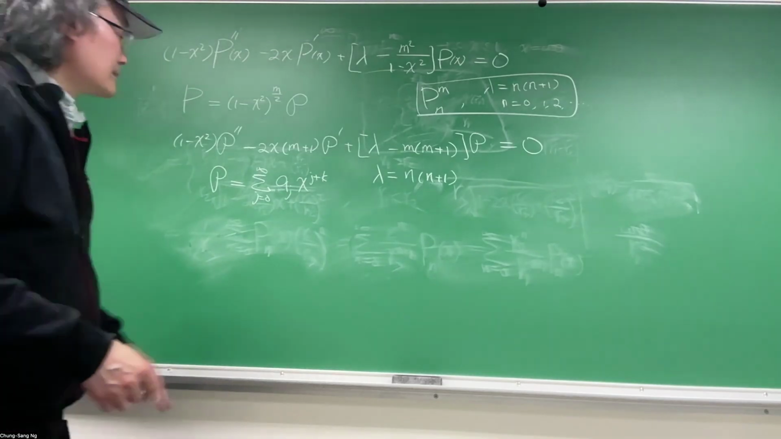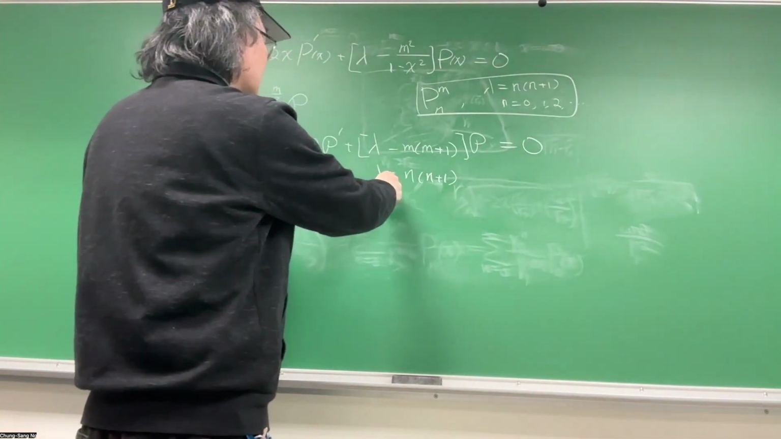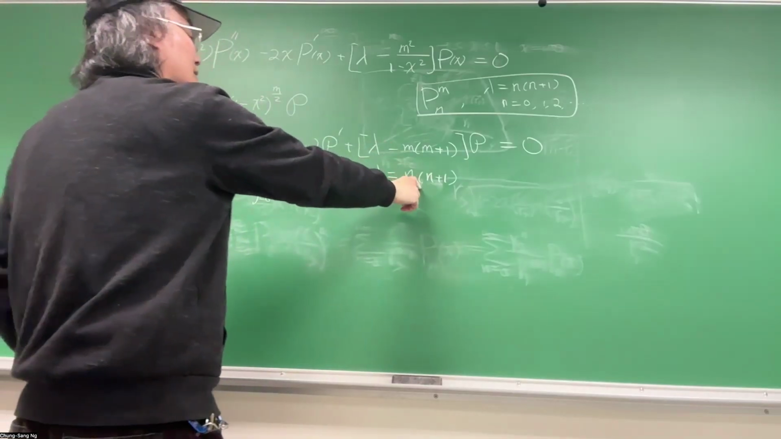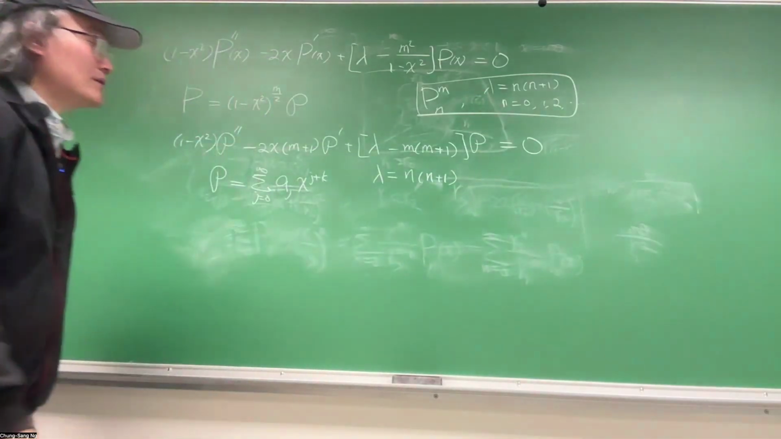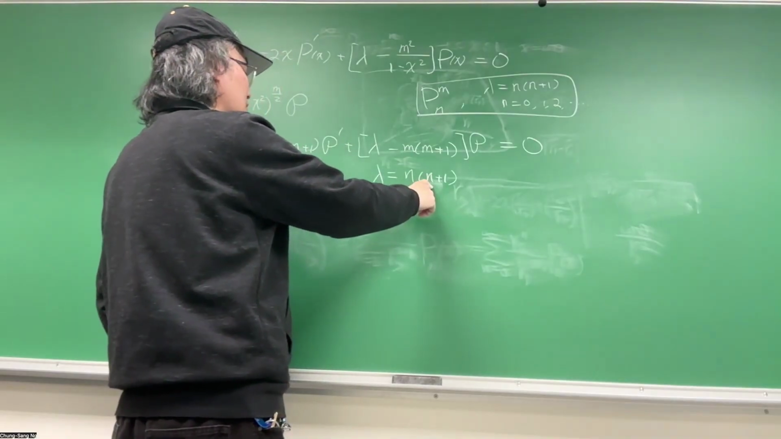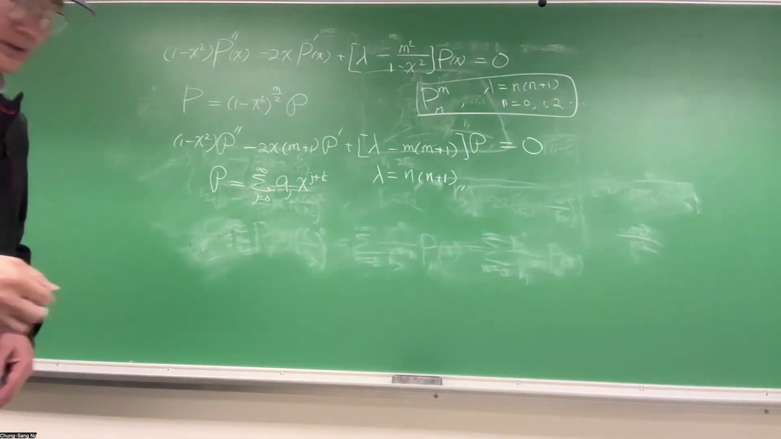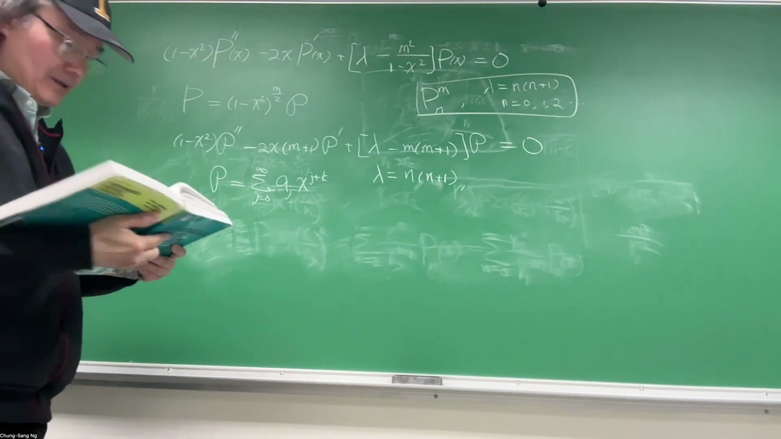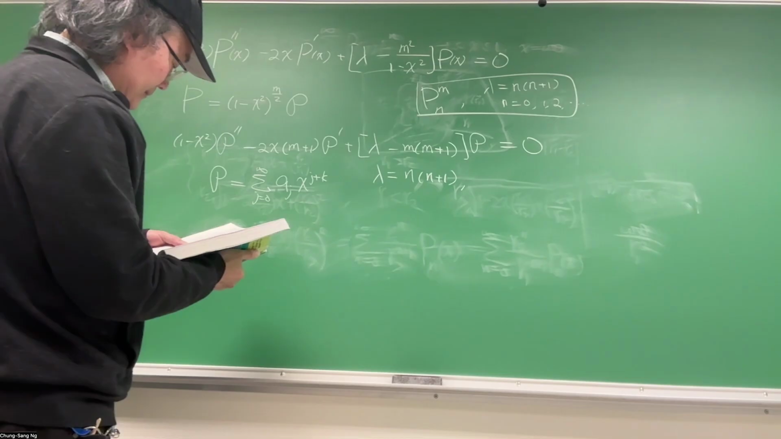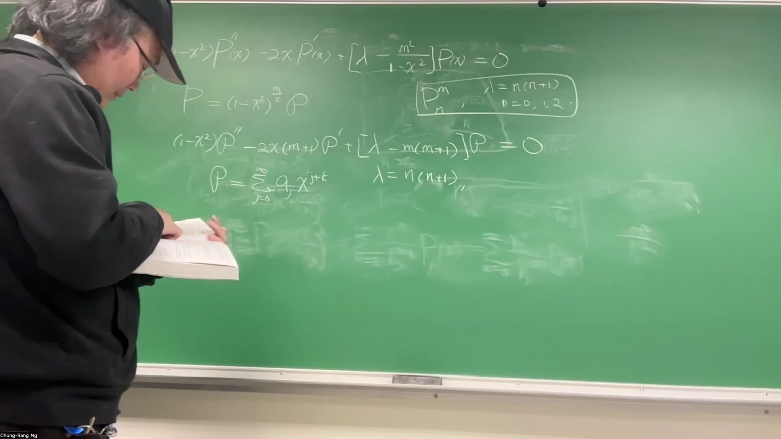But anyway, truncation requires two conditions. One is that lambda is given by this same n times n plus 1 value, the same as the Legendre equation. And then this summation will be sum over j to m. I think it's j to, because j is sum over to